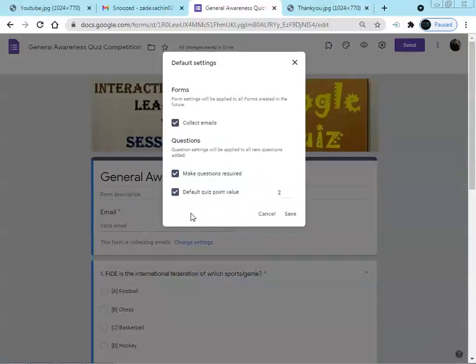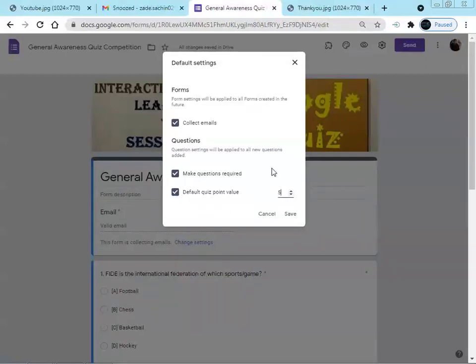When we are creating the quiz competition, we have a bulk of questions to be set, and the grade point for each question is already decided, that is 2 marks or 3 marks or 4 marks or 5 marks. So in this case, if each question is of 2 marks or 3 marks, we can directly set it from the default quiz point value. Here we are setting 5 marks for each question.